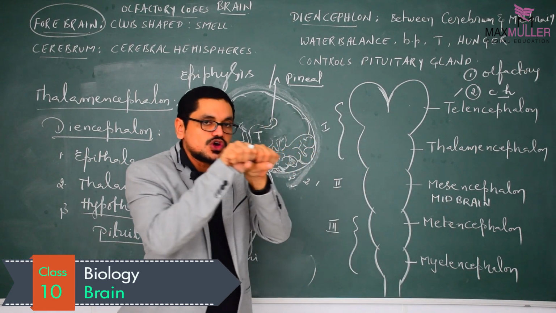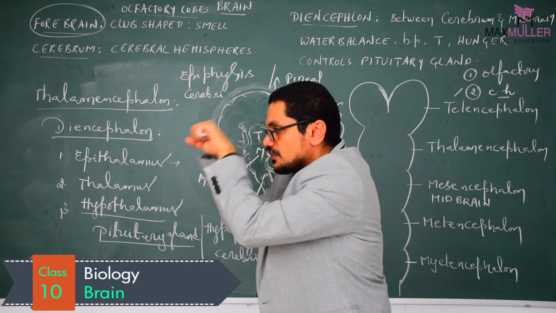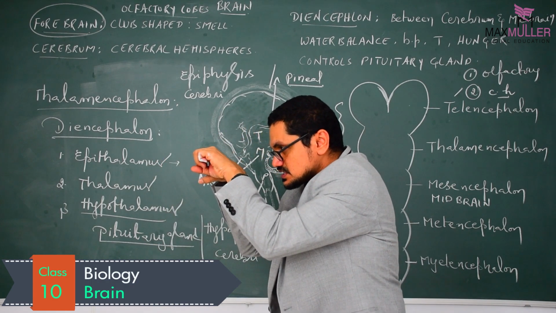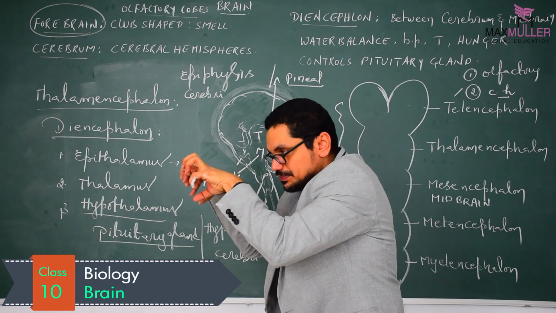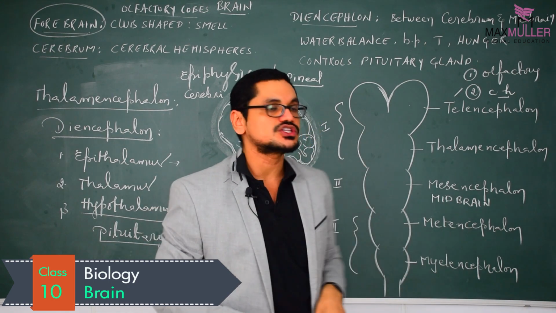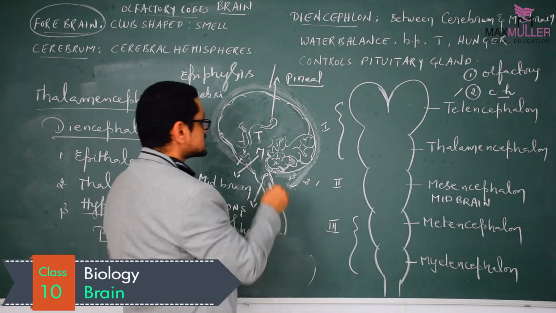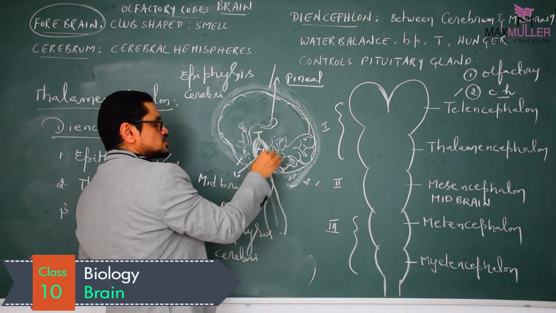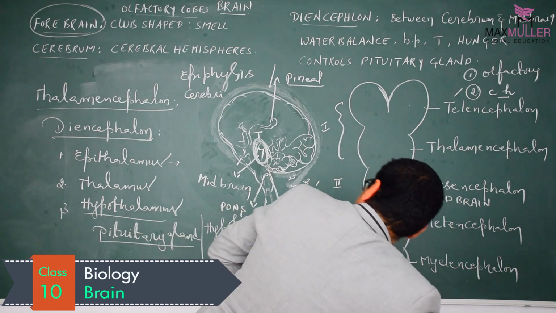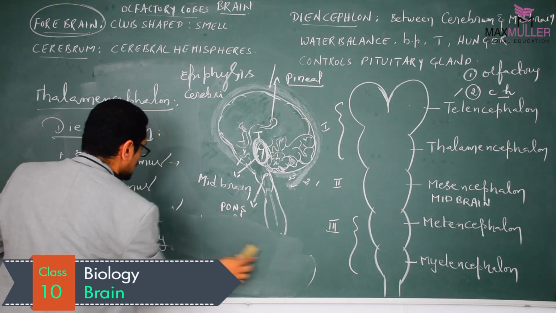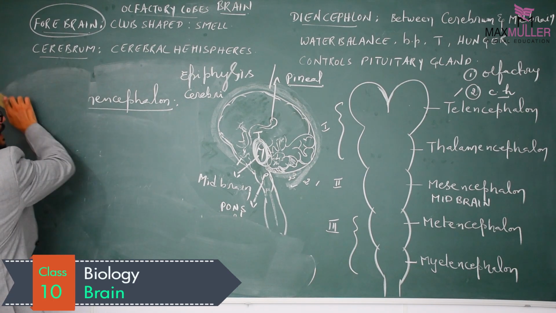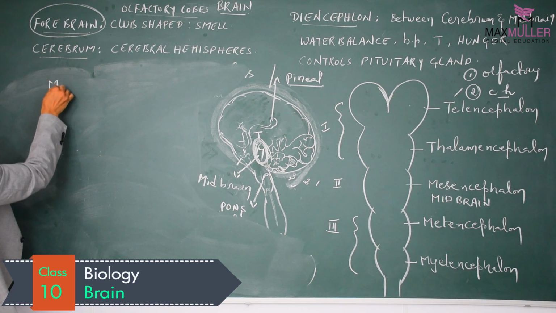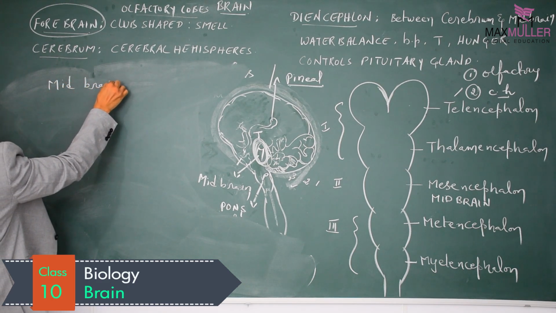These are the two lobes which are present on the dorsal surface of the midbrain. Simply I will represent the lobes here, and the two lobes which are present in the midbrain are called